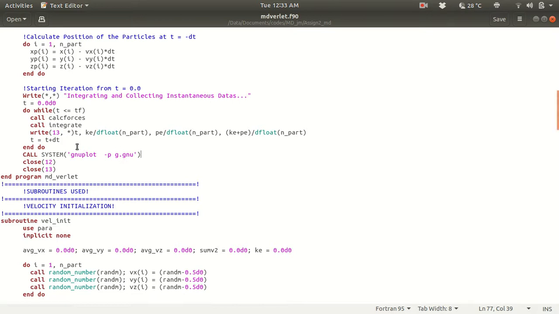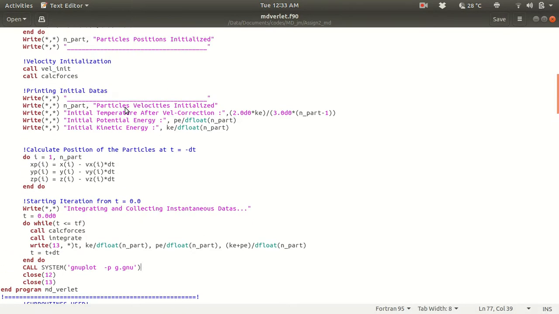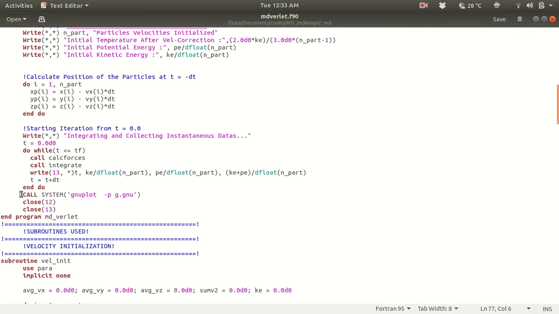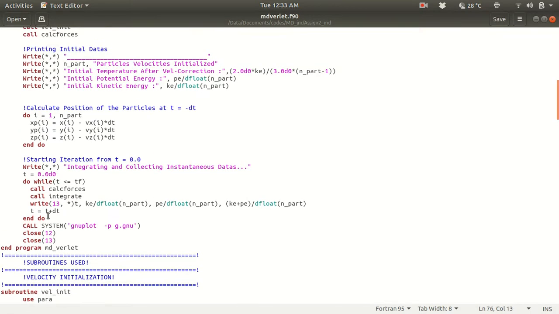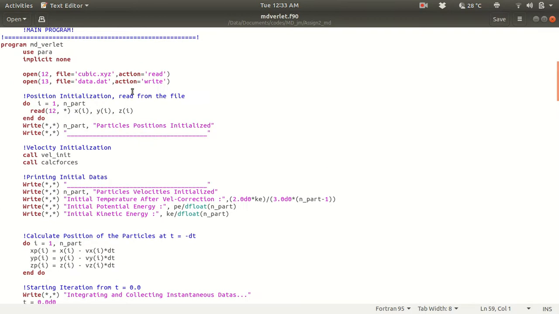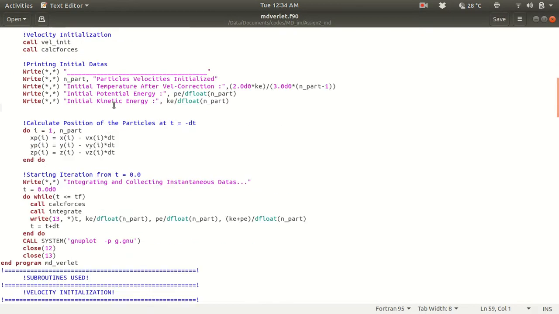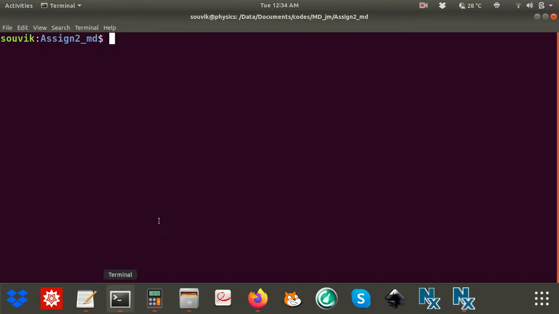So for the time being, let's run the program and then see what happens after that. data.dat will be generated, and then I will show you how to plot that. You don't need to worry about this command; it is basically a simple command to plot. Immediately when the program ends, this will plot automatically. We don't need to learn this thing, so for the time being let's ignore it. As you know, after the program completes, data.dat will be generated and I will show how to plot that in GNU plot. So let's run the code and see what happens.